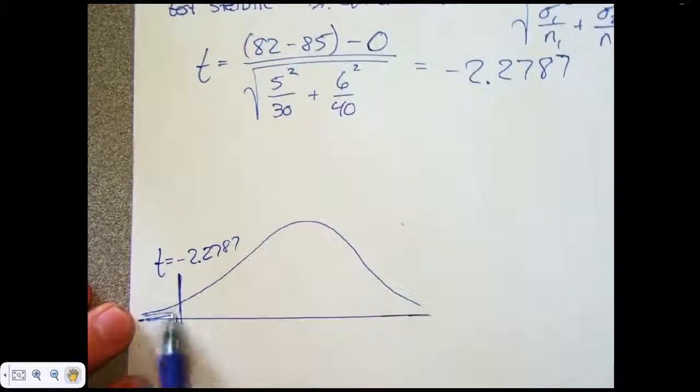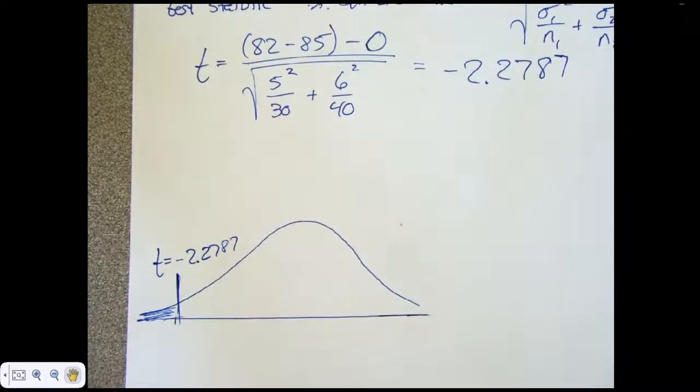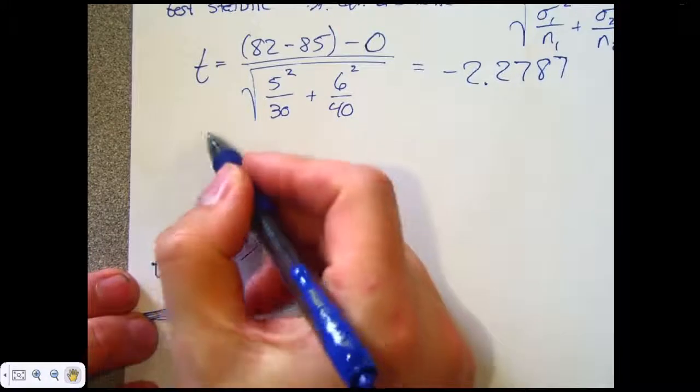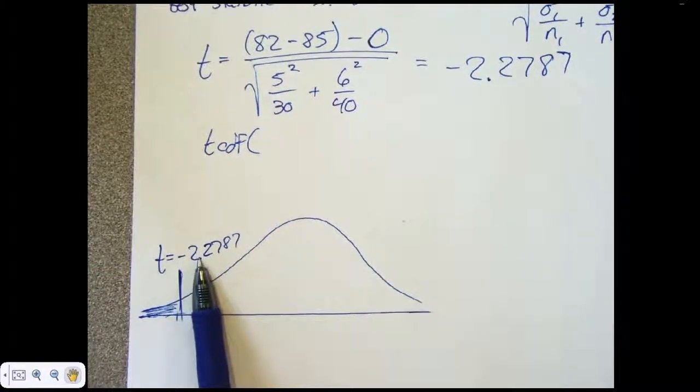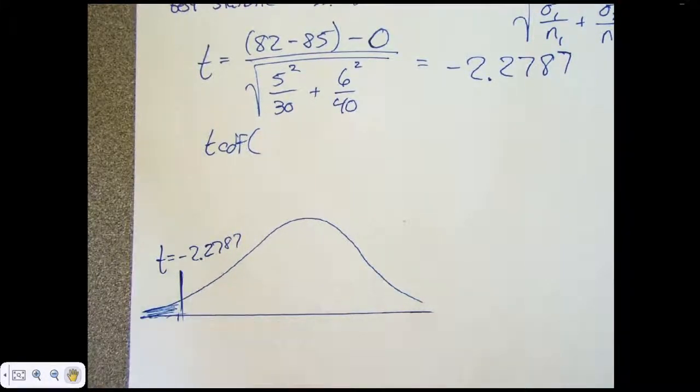And I want to find this p-value. You have to write it out as though you are the one finding it and pretend the calculator didn't just straight up tell you. So I'm going to use tcdf, and am I going to do this number, comma 999, or am I going to do negative 999, comma this number? Negative 999,